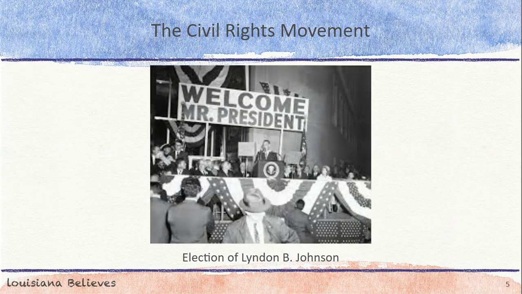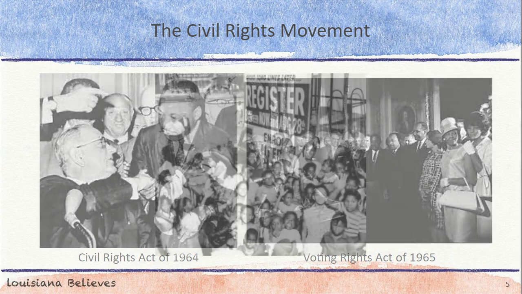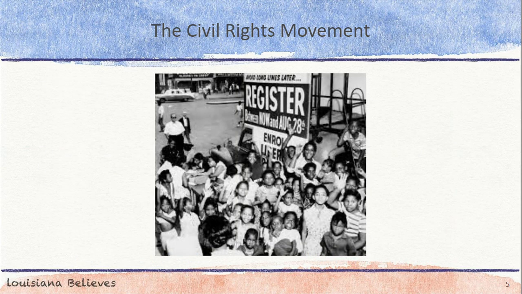After the assassination of President Kennedy and the landslide election of Lyndon Johnson, Congress passed the landmark Civil Rights Act of 1964 and the Voting Rights Act of 1965, which outlawed racial discrimination in public accommodations and schools and removed obstacles to voting. The passage of the Voting Rights Act prompted a massive effort to register Black Americans throughout the South to vote. Again, they were often met with resistance. The push for civil rights continued, with Black Americans ultimately making gains economically, politically, and socially.